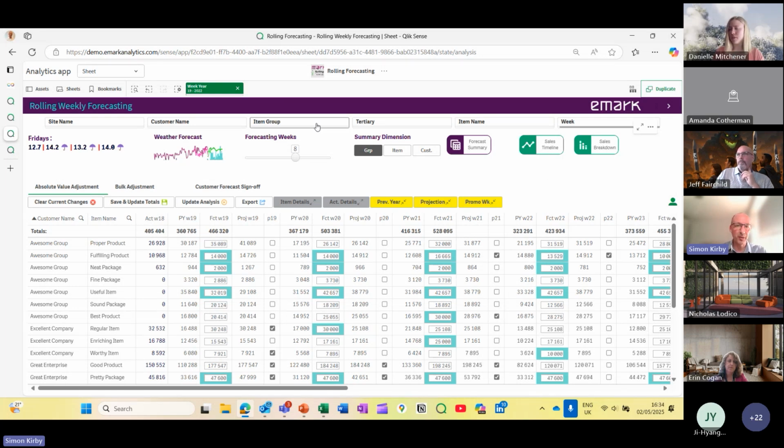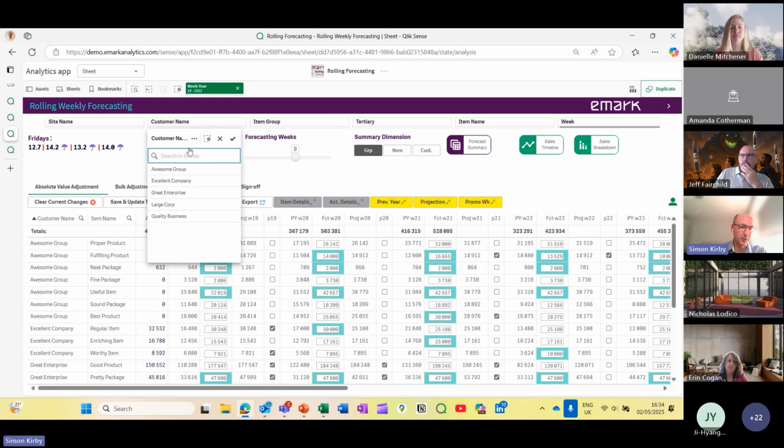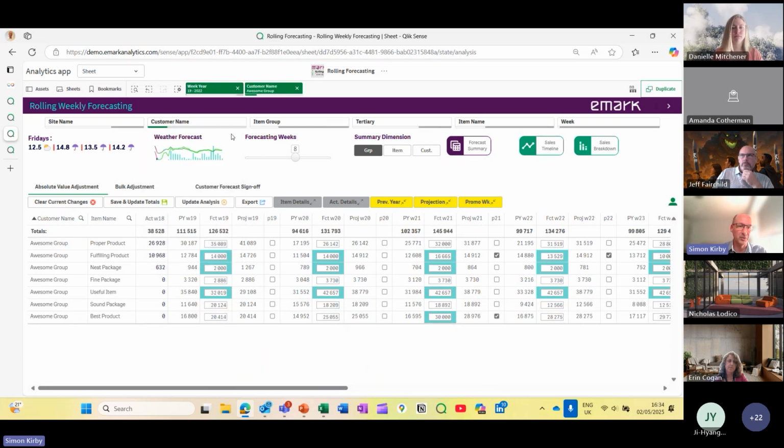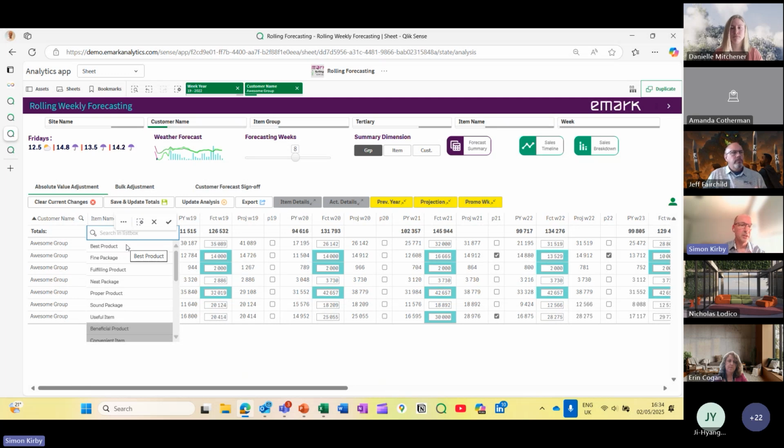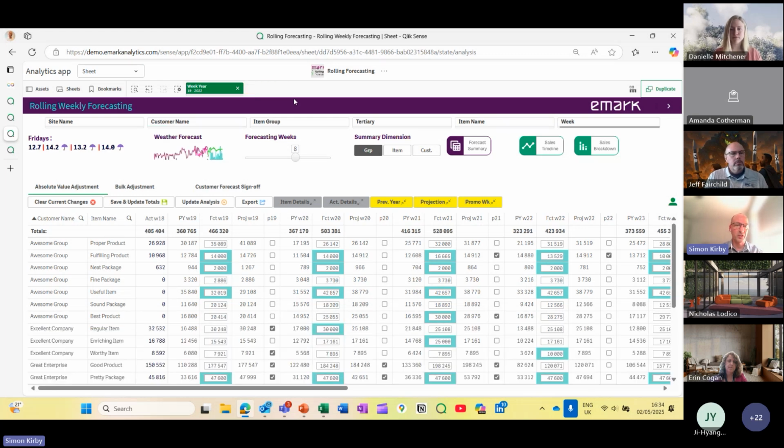As you can see, you can apply all kinds of filters to this. You could choose a particular group name if you want to. The Infinity form will respond directly to the filters that you apply, just as you expect Qlik to. And you can filter inside the form as well, just as you would with a Qlik table. That works the same, all right? So you get a lot of crossover between Qlik functionality and Infinity functionality. We've tried to make this as natively Qlik as we possibly can, okay?